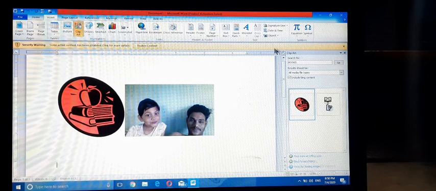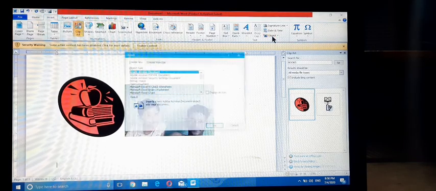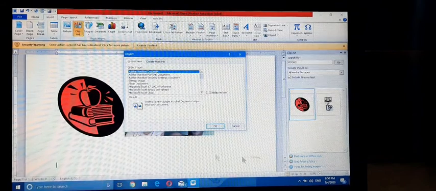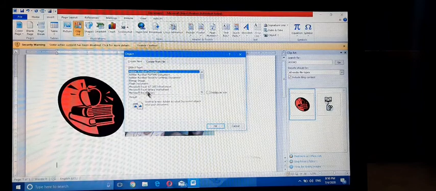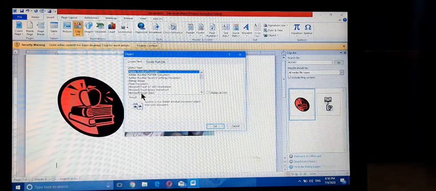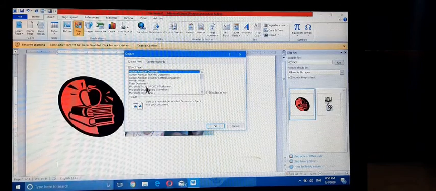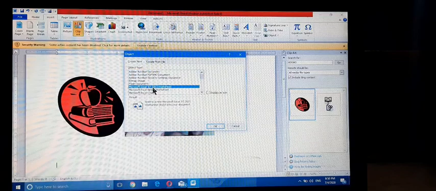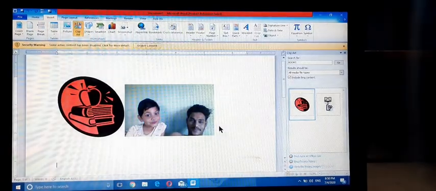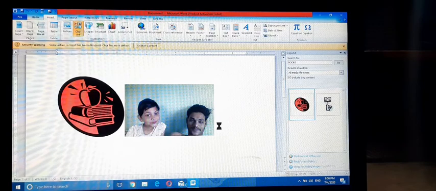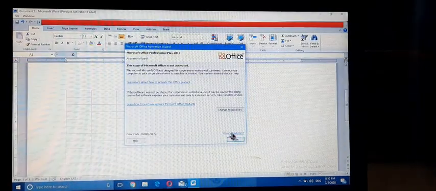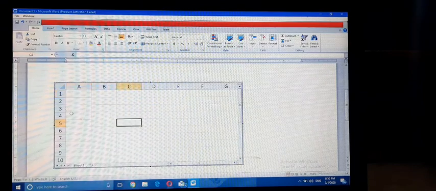Okay, insert, text group, object. Click on the object button. It displays the object dialog box. Select the type of file you want to embed in our document. I select MS Excel 97-2003 worksheet and click on OK button. Okay, this is embedding.